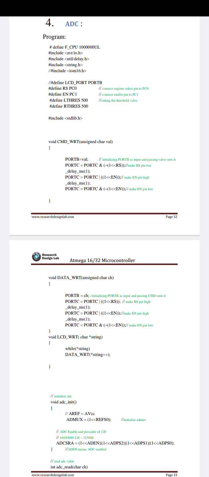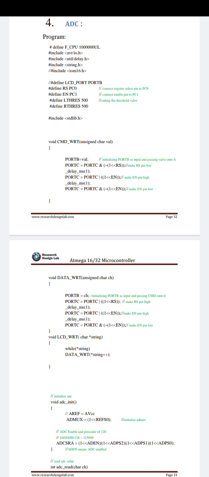Then define the value for the LCD on port B. Then define the register select on port C0. Enable connects to port C1, and define the threshold, that is 500, the L and R threshold.